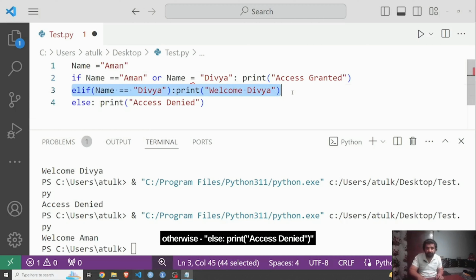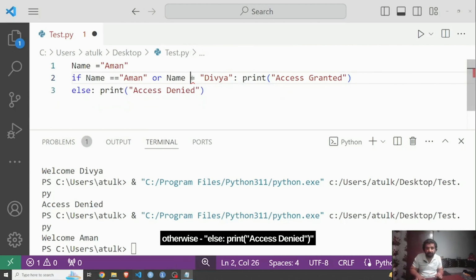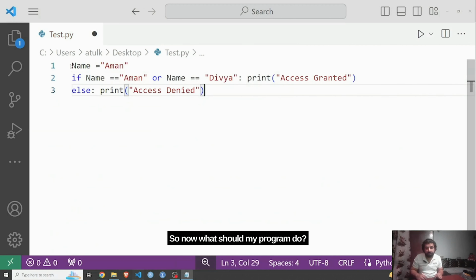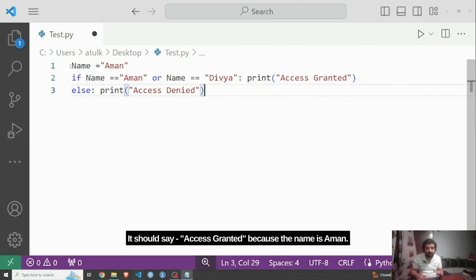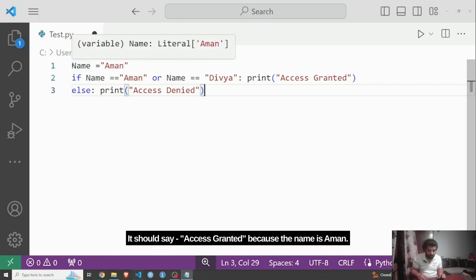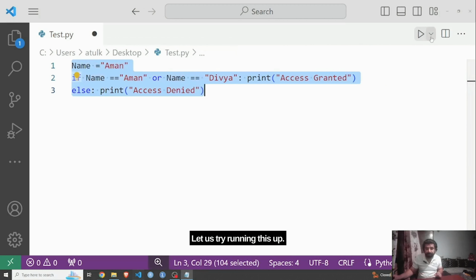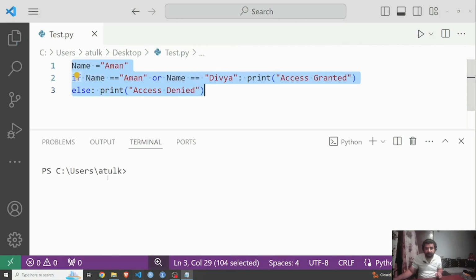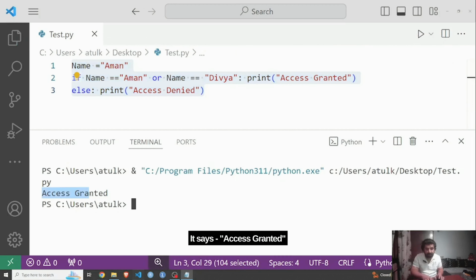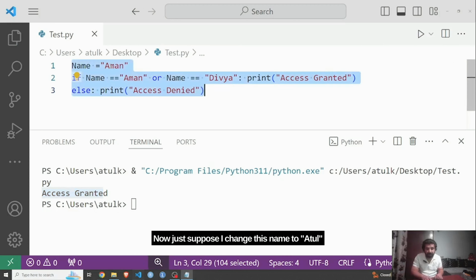So I'll just delete this one and I'll just make it query. Now what should my program do? It should say access granted because the name is Aman. Let us try running this up. It says access granted. Now just suppose I'll change this name to Atul